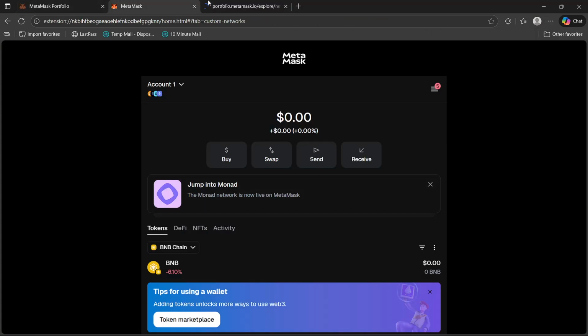Hey there, what's up? In this video, I'll give you a quick guide on how you can transfer USDT from Binance to MetaMask. So the first thing that you will have to do is open your MetaMask account,